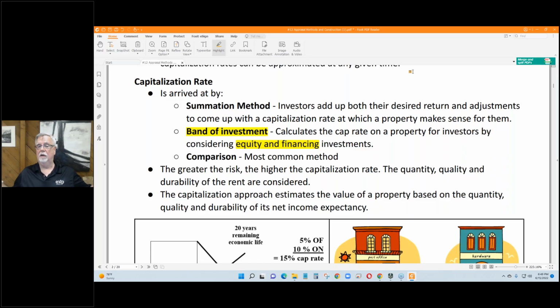And let's say they say, well, loan to value ratio might be 60%. What interest rate would you charge me? They say, well, we would charge at least 10% on a loan like that. Now, you understand, they've given me something. This is called the band of investment. They've given me something. And by the way, the way band of investment works, it's like